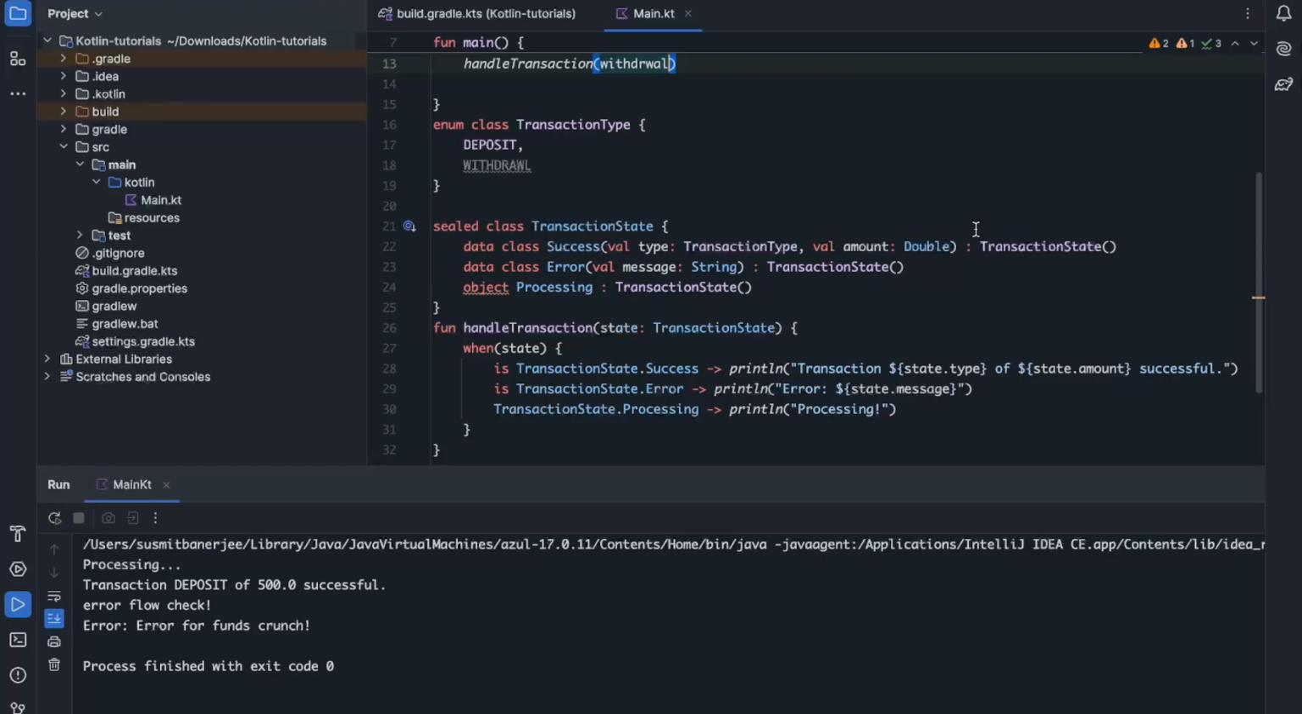And that's a wrap. We have covered the differences, the use cases, and the practical examples of sealed classes and